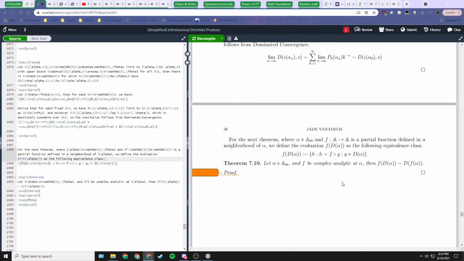If it's just a right half plane of the complex plane, then as the real part tends to infinity, a Dirichlet series tends to zero uniformly, regardless of how the real part approaches infinity. I don't know if that's true